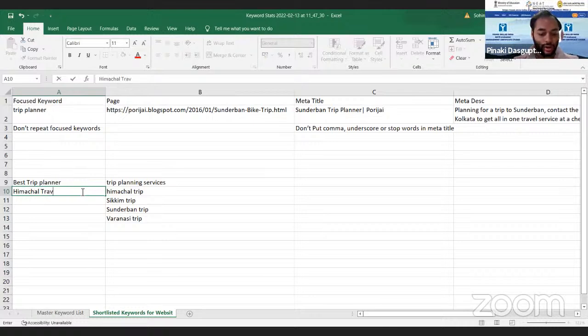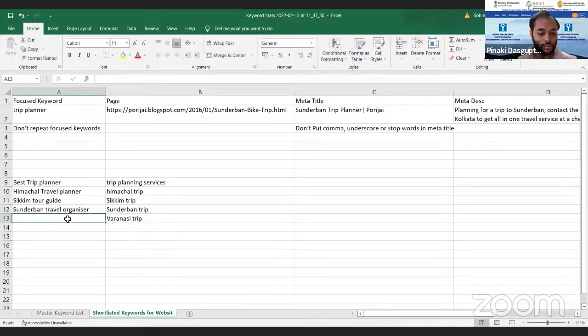Himachal travel planner, Sikkim tour guide, Sundarban travel organizer, Varanasi tour planner.